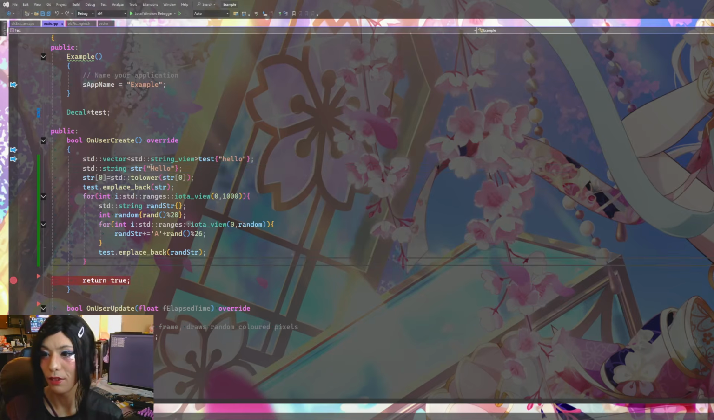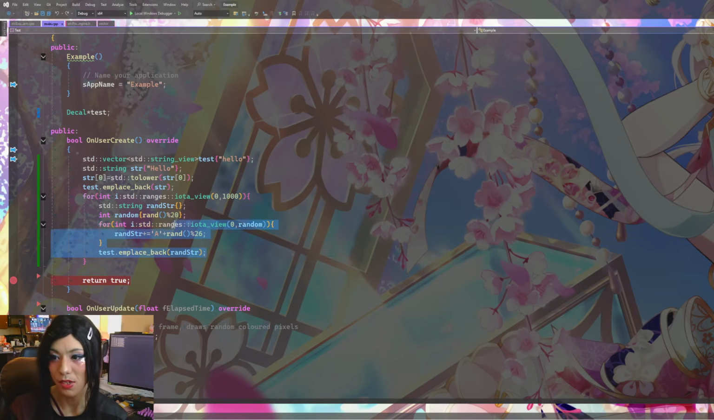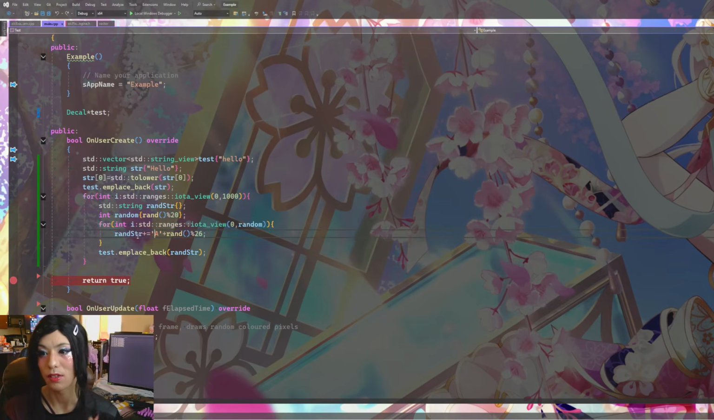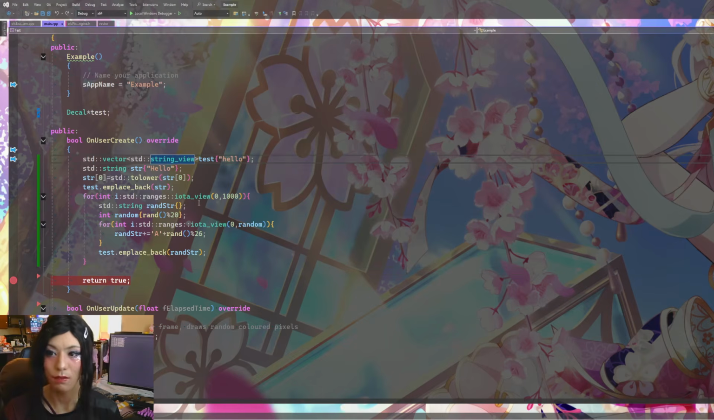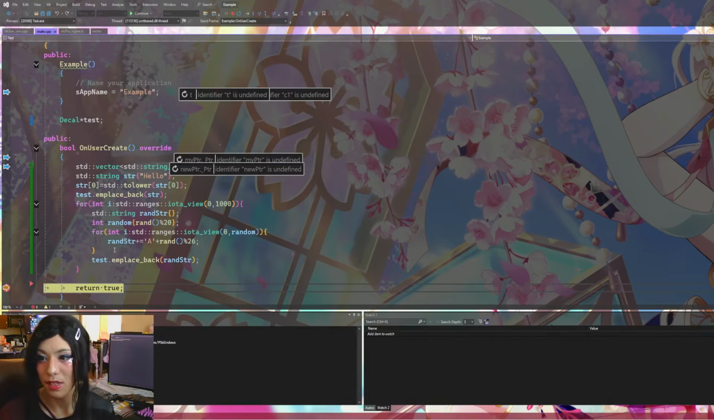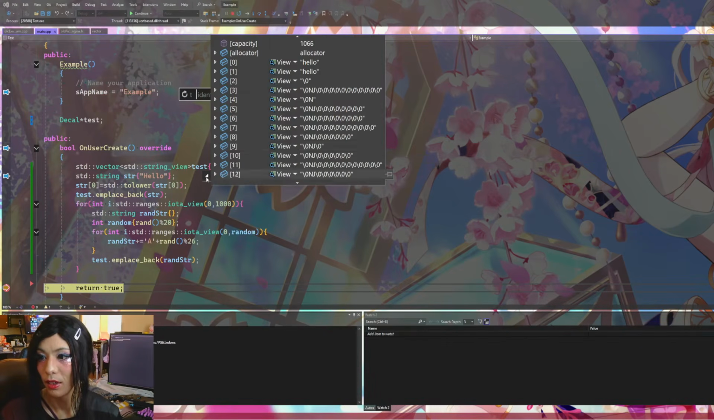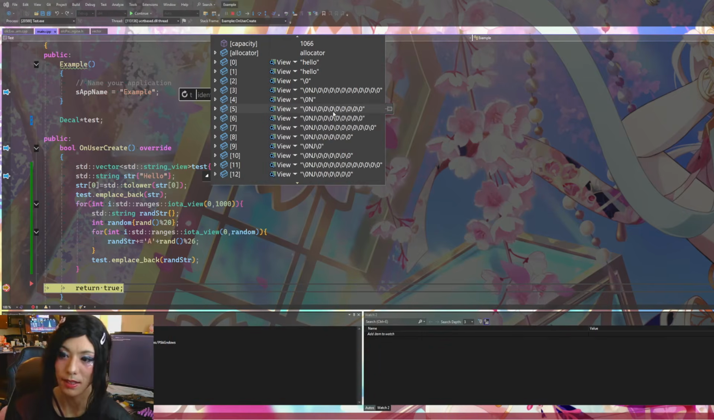Naturally, if I run this and it holds the string views that are dynamically generated, this is just a small loop that generates 1,000 strings that have between 0 and 20 characters with random letters between A through Z. So we can see here, since they're getting stored in a string view vector and they are dynamically generated, when we look at the contents of said vector, we're going to find that it's full of garbage data, minus the